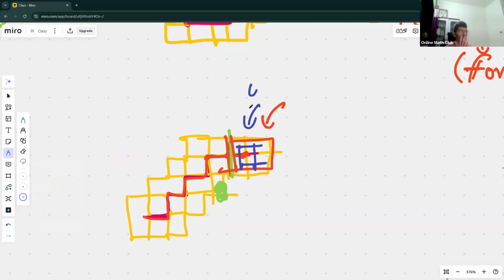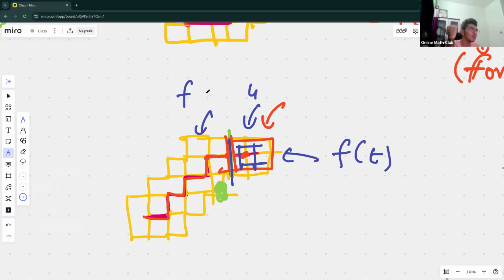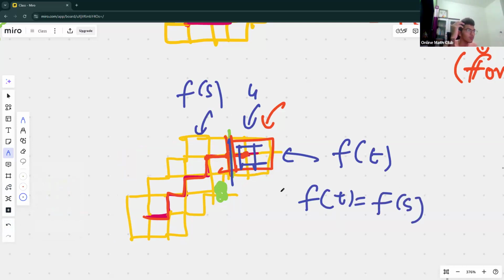There are four ways to do this. And now we remain with this structure, the remaining structure. So suppose the number of ways to do this is f of t, and the remaining structure has f of s ways. Then f of t is equal to what? f of s plus, now we actually have to cover